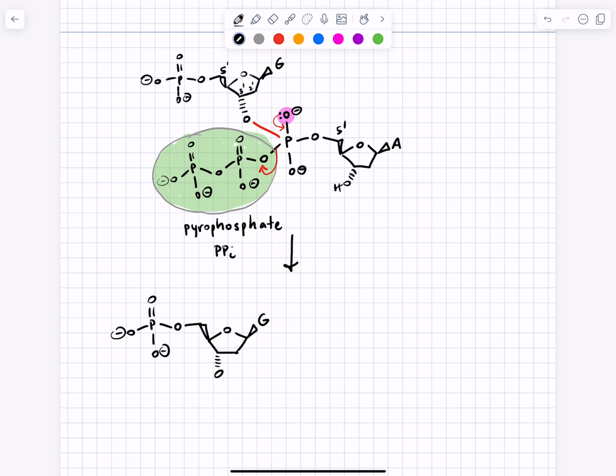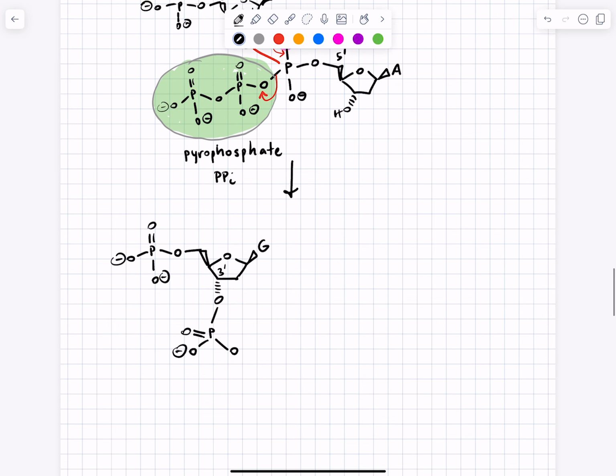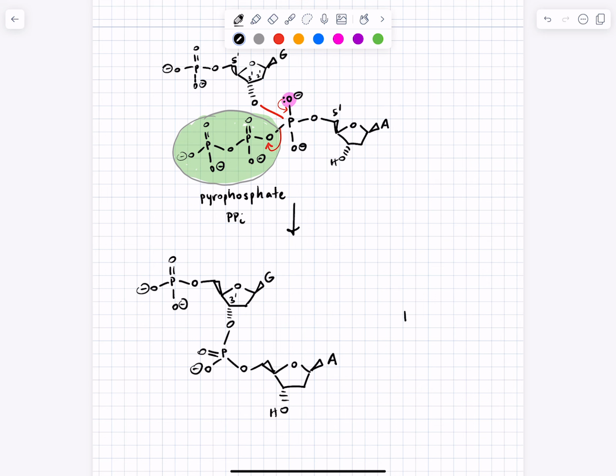So here's the 3' hydroxyl group. It's got a bond to a phosphorus. And then that phosphorus itself is bonded to the 5' hydroxyl group of another unit. And that's A. Okay. Also, a product is inorganic pyrophosphate, and that itself, if you add water, can be hydrolyzed